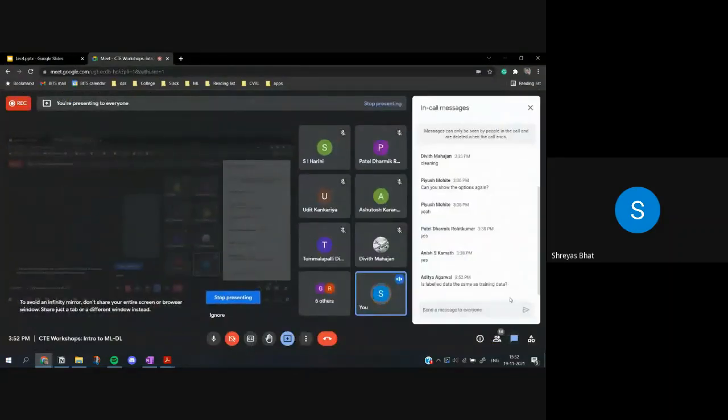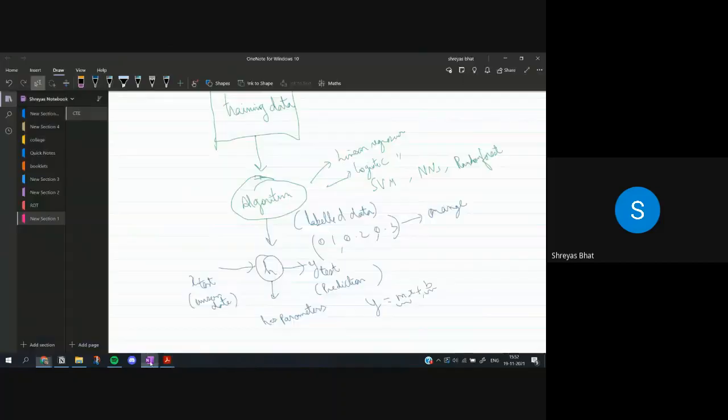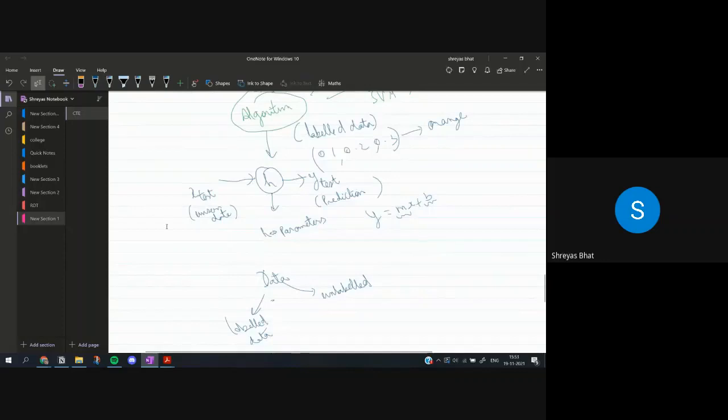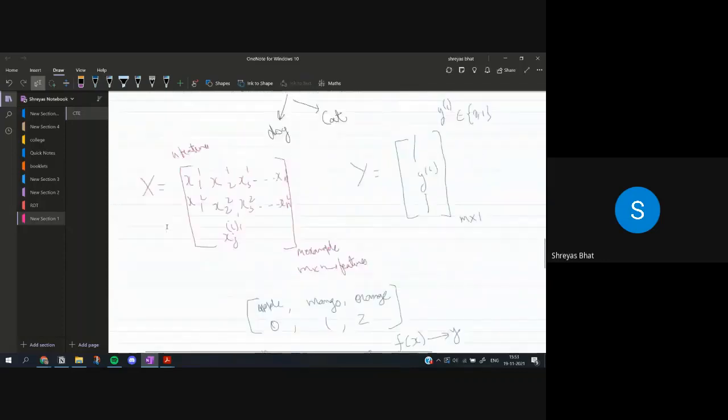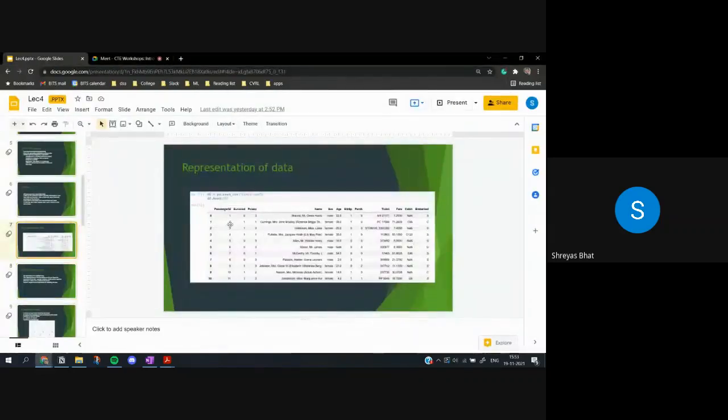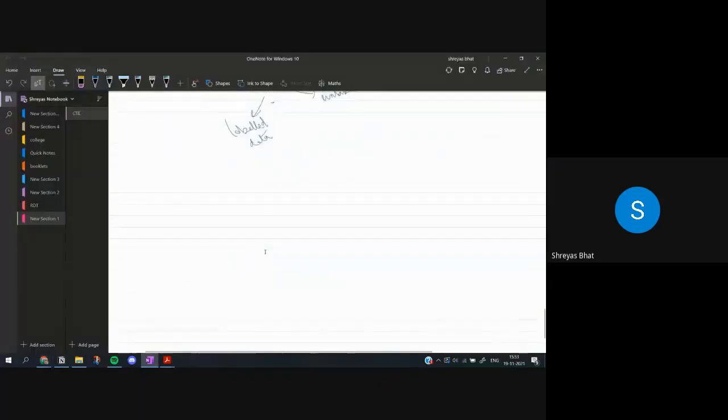Is labeled data the same as training data? So there are two ways of writing data. One is labeled and unlabeled. In labeled, what we have is, let me show this. So let's say you have